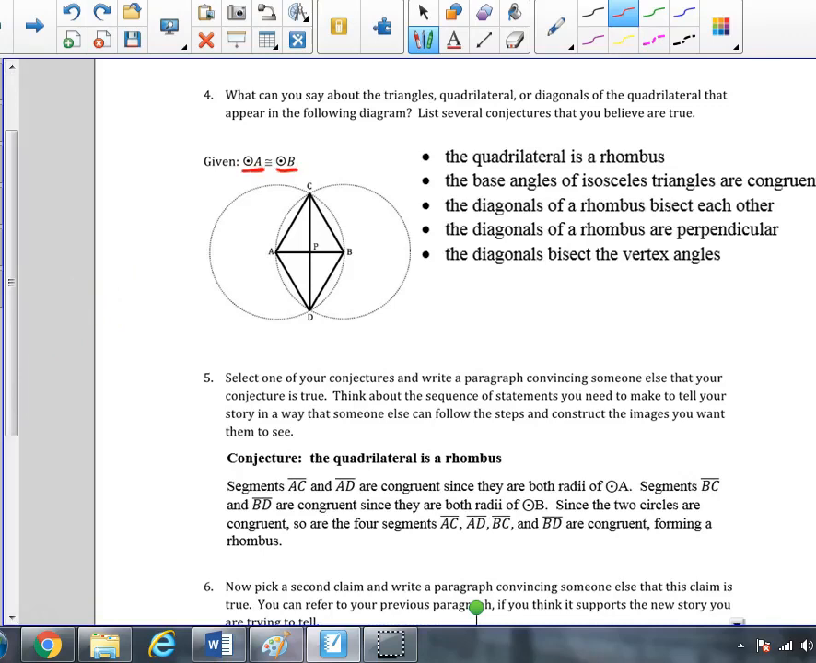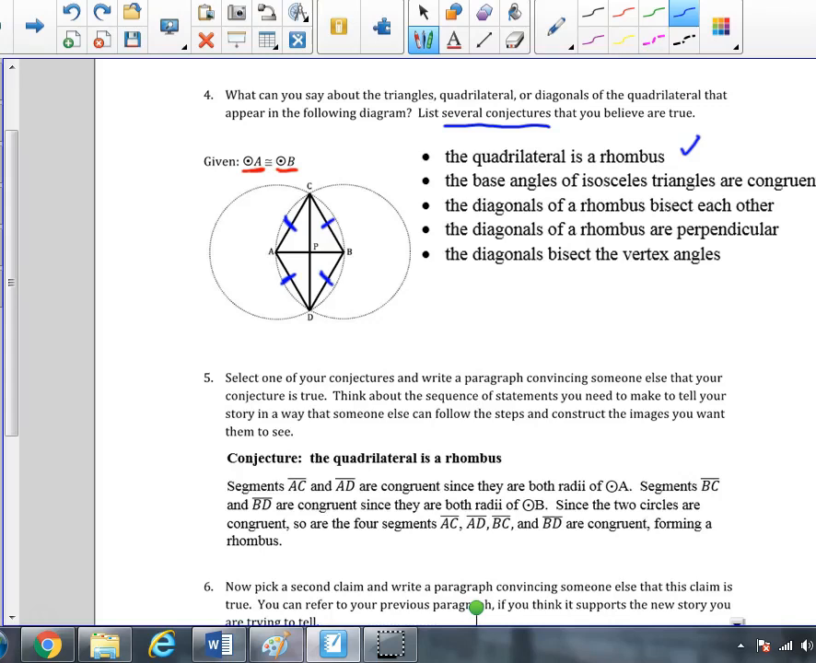So what we know then is that the radii of congruent circles should be congruent. So we know that AC will be congruent to AD, and we also know that BC will be congruent to BD. So in class, students came up with several conjectures. The first one that they came up with is that the quadrilateral is a rhombus. So in number 5, then we were asked to take our educated guess. In this case, the quadrilateral is a rhombus, and we were asked to justify how we determined that that was